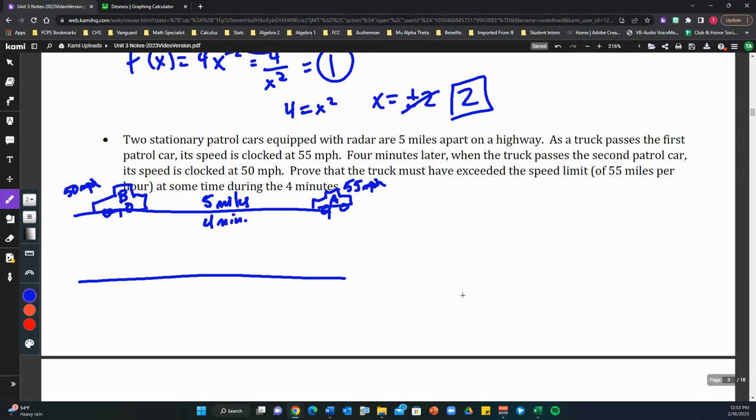So 4 minutes later, its speed is tracked again. But we want to be able to prove that the truck must have exceeded the speed limit of 55 miles per hour at some time during the 4 minutes. So what this is doing, if your local police officers actually know how to do some calculus, they can track this information and prove that these cars had to have been speeding. So first off, if we go back to the definition